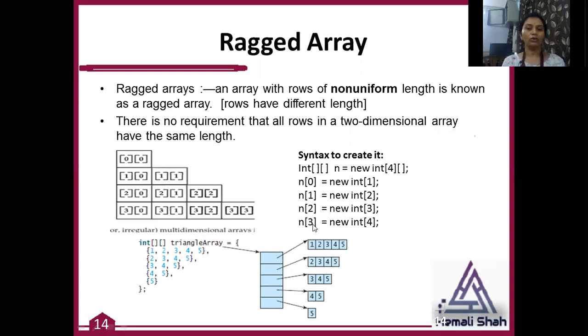In the fourth row, you want a 4-element array, so the syntax is n[3] = new int[4].